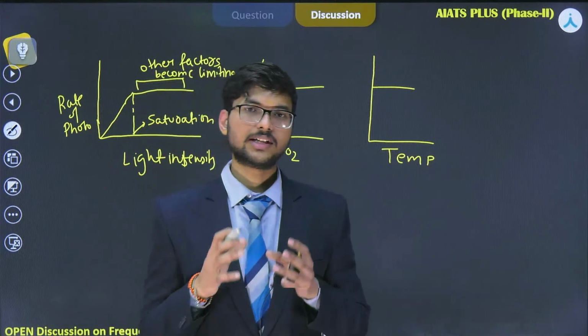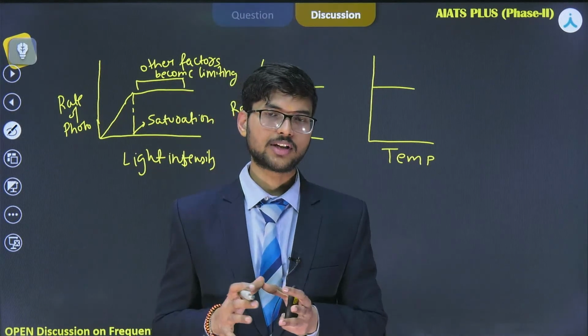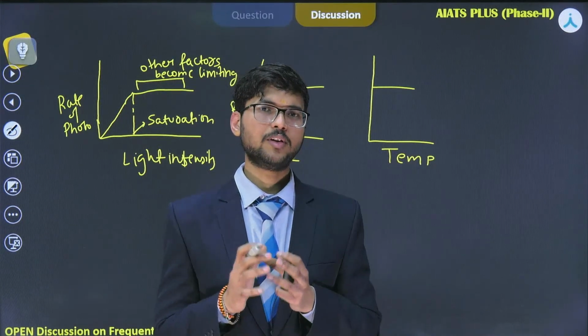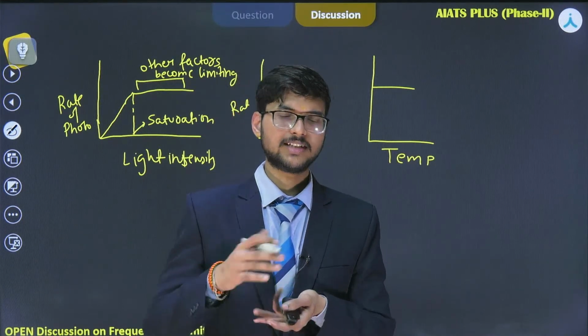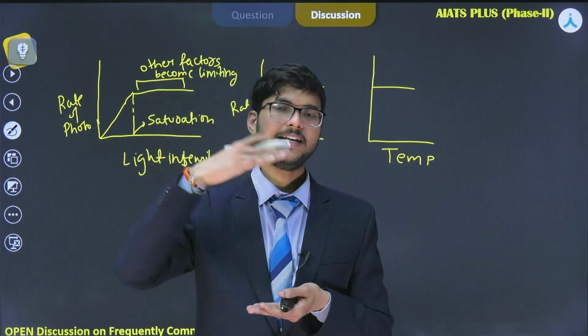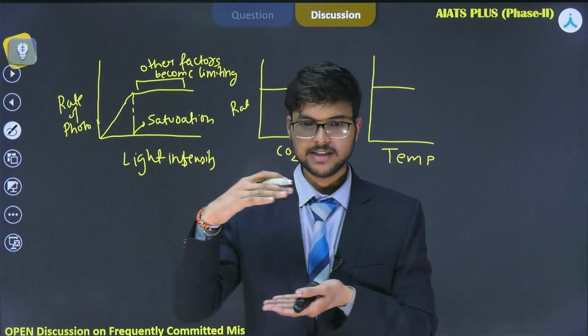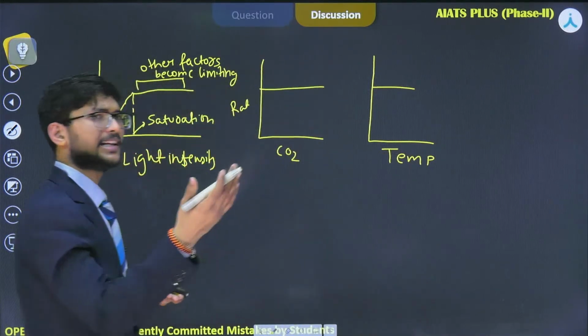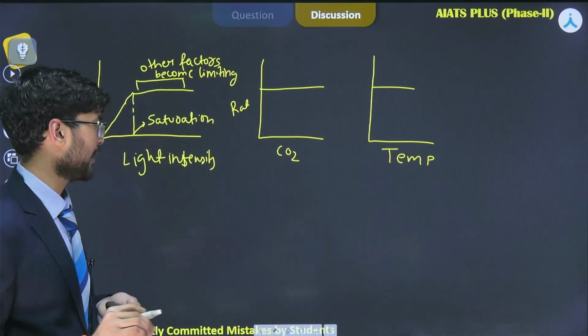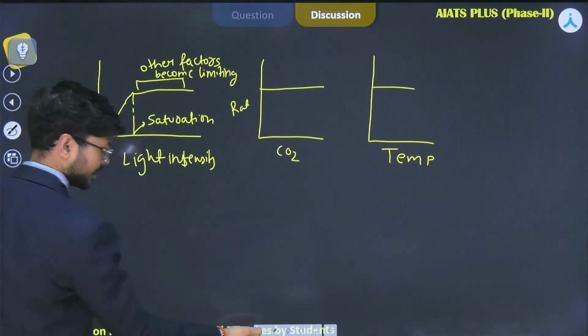Basically in nature you will find that light is not a limiting factor, because 10% of sunlight is enough for the process of photosynthesis. But there are certain cases where some plants, like herbaceous and shrub plants, are under the canopies of large trees that are shading the sunlight. Due to the shading, light is very rare for them, so light becomes a limiting factor. So if we talk about